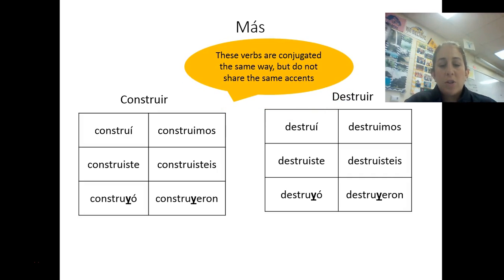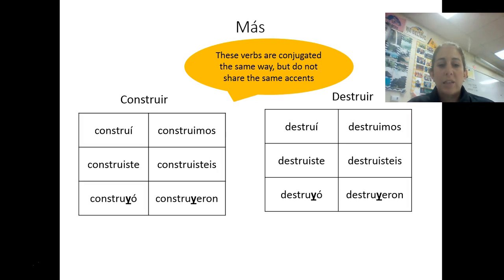And then, construir and destruir are examples of verbs that are I to Y verbs, but they follow our same conjugations otherwise. So, notice that verbs that end in UIR are going to be I to Y verbs. Construir still has the same spelling as a regular IR verb. Construiste, still the same spelling and conjugation of a regular IR verb. Construyó, all we're doing is we're changing that I to Y. Construyó. And I bet if you say these words, you say them correctly, but it's just making sure that you write them correctly as well.